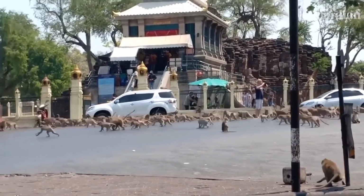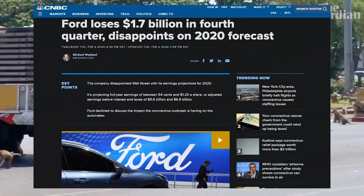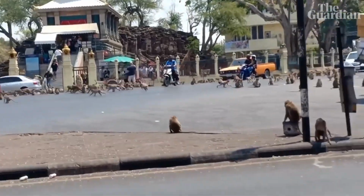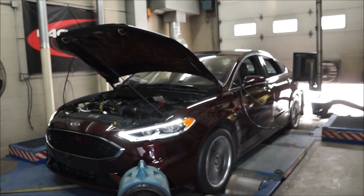It's current year, 2020, and Ford is already not doing well. I mean, the world is currently in panic mode for reasons I'm sure you're aware of, but Ford lost almost $1.7 billion in Q4 of last year, so the virus wasn't the beginning of Ford's troubles. I guess I can kind of understand why they axed all of their cars, but I'm really gonna miss the